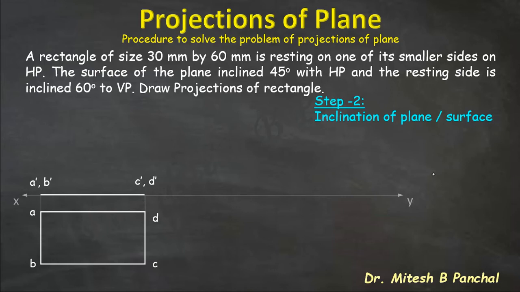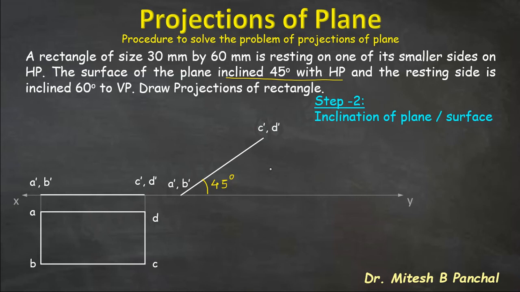So in the second step, we will consider the inclination of plane. That means we are considering this line view inclined to XY at an angle 45 degree with HP. Here it is mentioned plane is inclined 45 degree with HP. So as per keyword data, we have to draw line view at an angle 45 degree with XY. Since the plane is resting on its smaller side, so we have considered one of the smaller side, that is AB on HP. That means A dash B dash will be on XY and this point will be the C